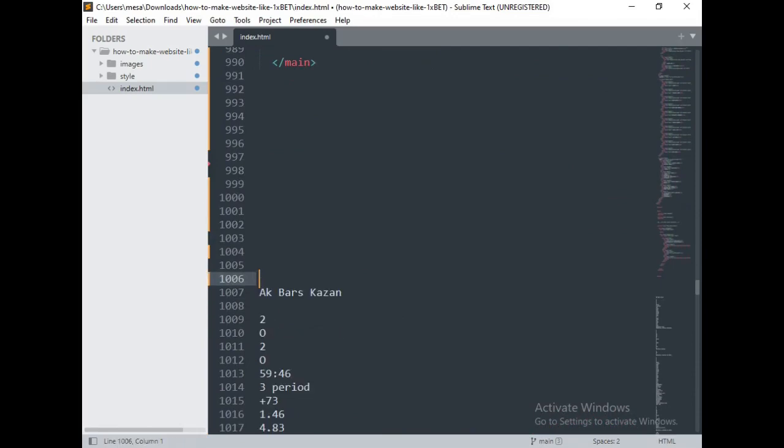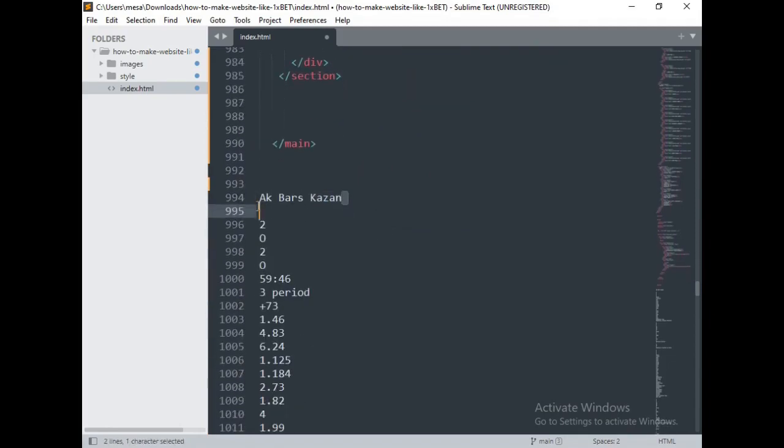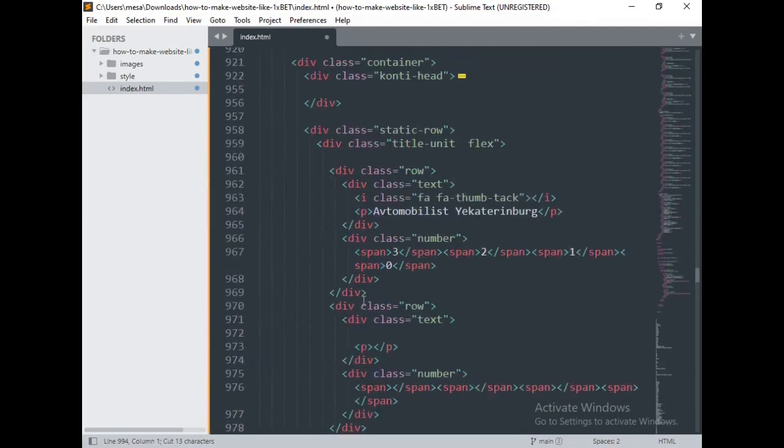It's 3, 2, 1, 0. These are the numbers that I'm going to drag. 3, 2, 1, 0. Then on the next one, I'm going to remove this one, and let's drag the contents